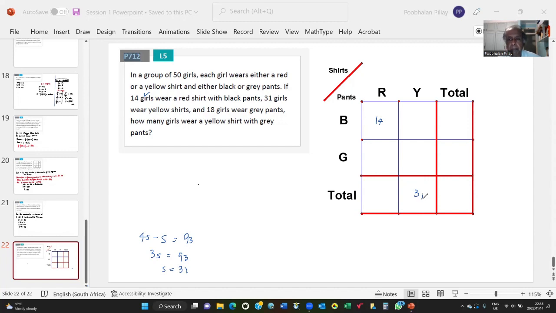When you add, the total number of yellow shirts is 31. Okay. And then in the same way, 18 girls wear gray pants. They can wear gray pants and red shirt, gray pants and yellow shirt. But altogether, you've got 18. Okay, so how are you going to fill the